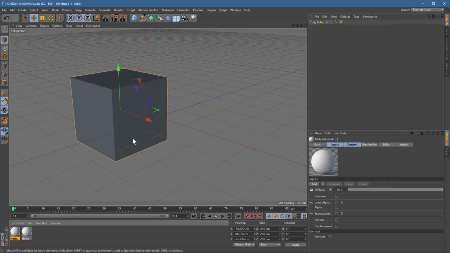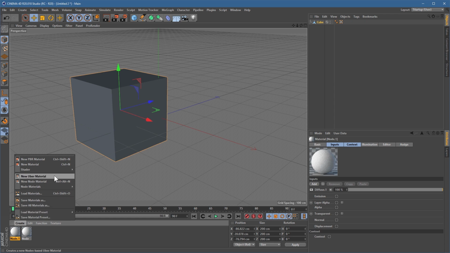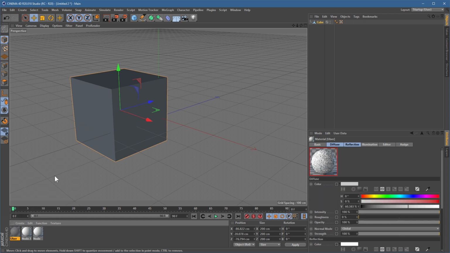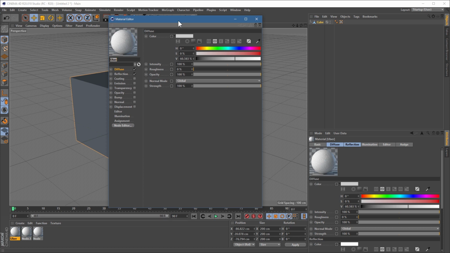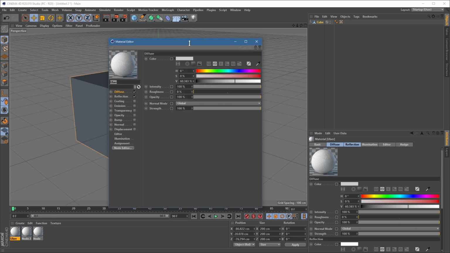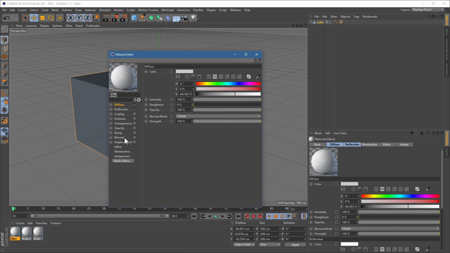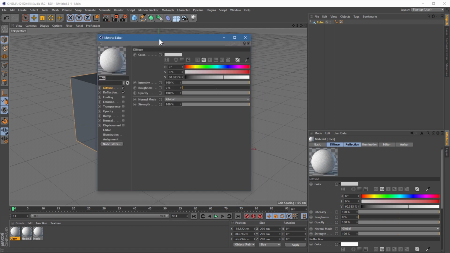Fear not. Because the node system is so new and powerful and flexible, we now have this new Uber material, which if you click on it, it will order you a taxi. No, the Uber material. The Uber material is the node system, but it's been presented to you as a regular, good old-fashioned Cinema material. So rather than deal with all those lines and squiggles and nodes and assets and everything else, if you're just looking for what is essentially a nice, fresh, brand new material, which isn't full of